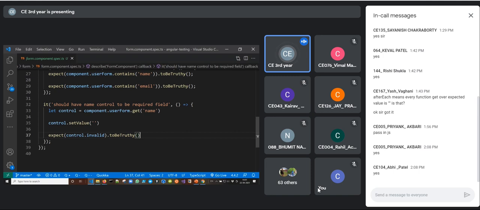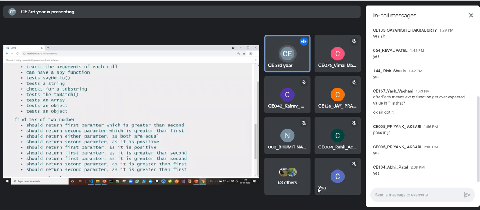Once you have hold of that instance, you go to the user form and get the name field. The name field refers to the form control, and for that form control you set the value to the empty string, and now the invalid property should be true, because it is a required field and that's why the validation will fail. And the valid property should be false. Either of these you can check. And if you look at the output, it should be there.